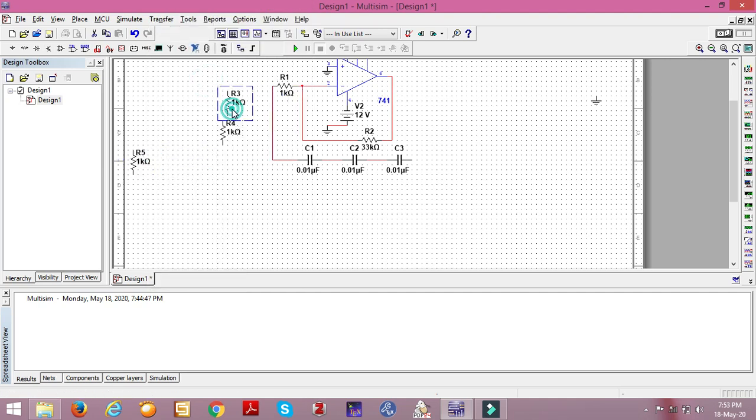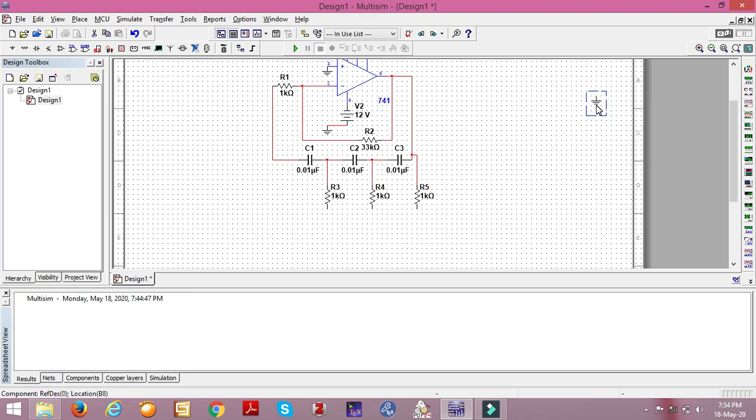R3, R4, R5. Wire it up. It should be connected to pin number 6, the loop should be closed. And I want one more ground point.